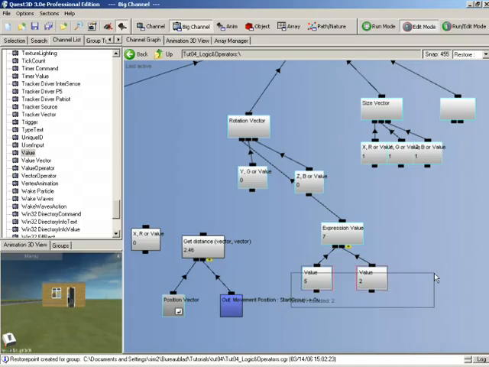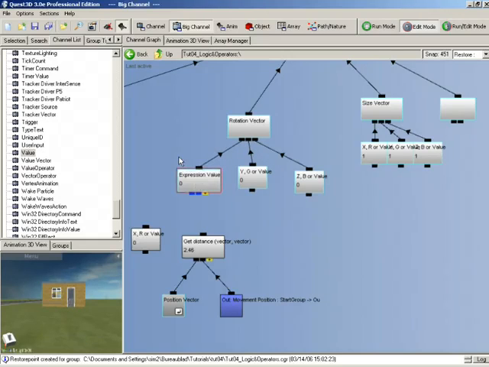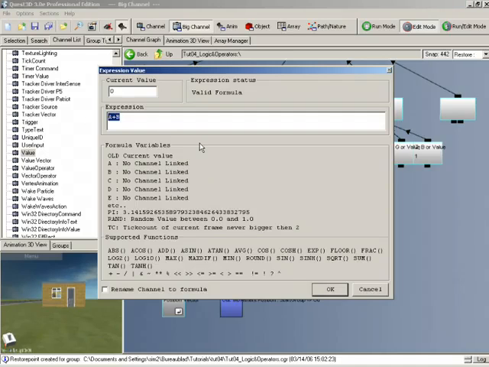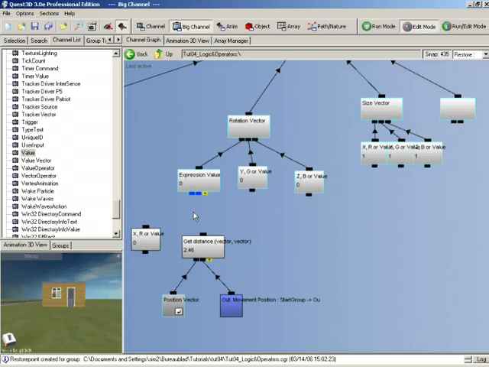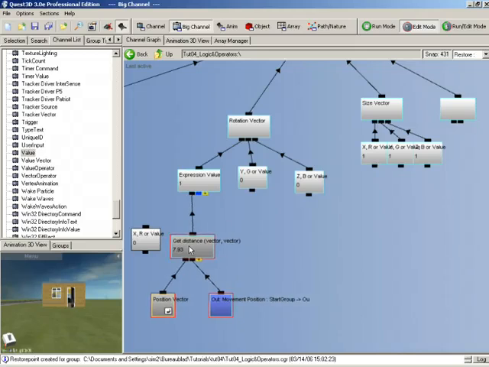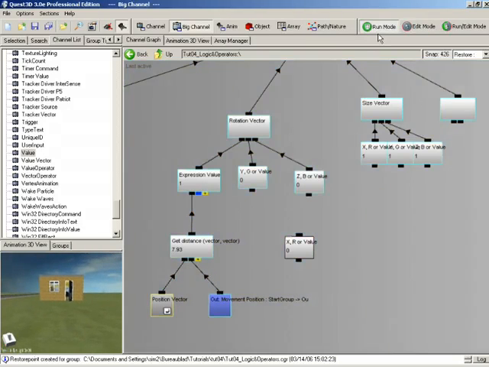So that's what we're going to use now, but we're going to use it in a slightly different way. What we want to do now is for it to give a value of 1 when we are within 5 units of our door, and 0 when we're not. So in here I can just put is A greater than 5. That's basically just going to give us a value of 1 if it is greater than 5 and 0 if it's not. So I've connected it up as the first child, so that's A, and let's have a look and see if it works. So you can see, can you see now as soon as